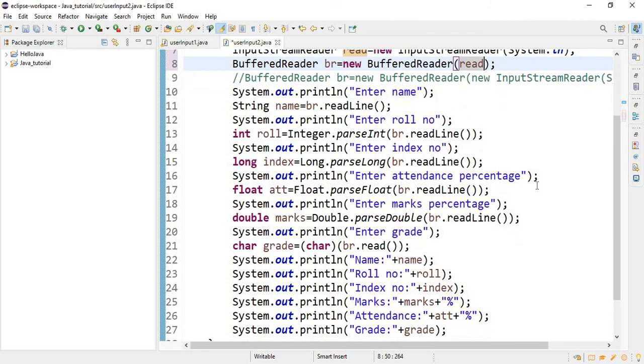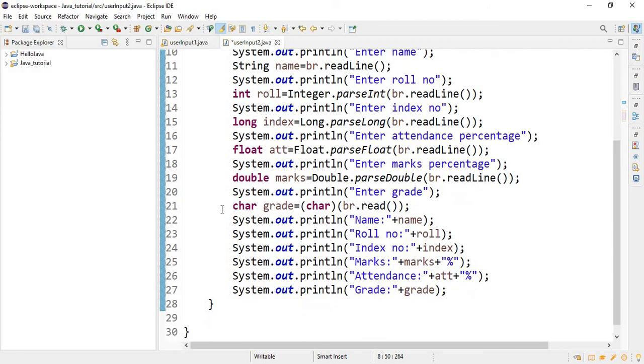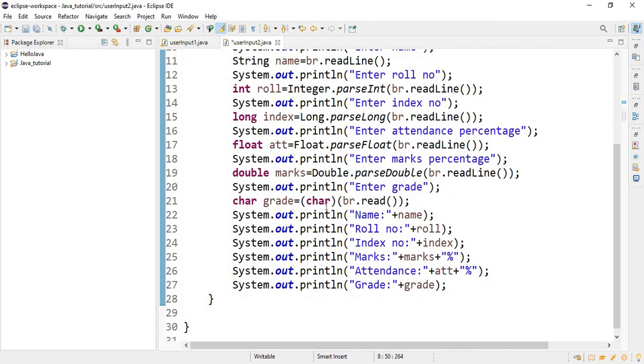Similarly, for taking long type input, we shall use the parseLong function provided by the Long wrapper class, which will convert the string value provided by br.readLine to a long type value. Similarly, Float.parseFloat(br.readLine()) for float variables, and Double.parseDouble(br.readLine()) for double variables. And for character, we use the br.read function, which will be explicitly type converted to a character type.